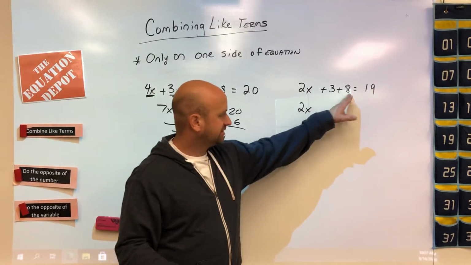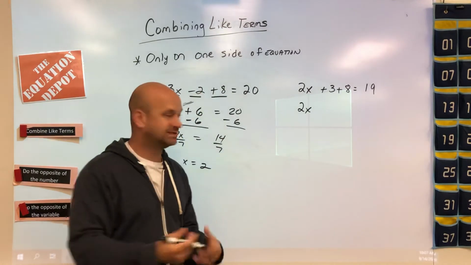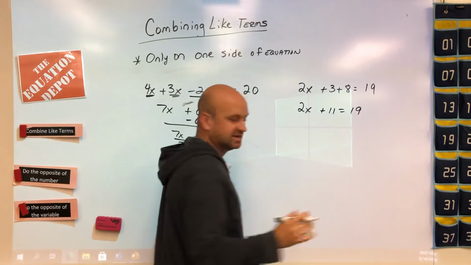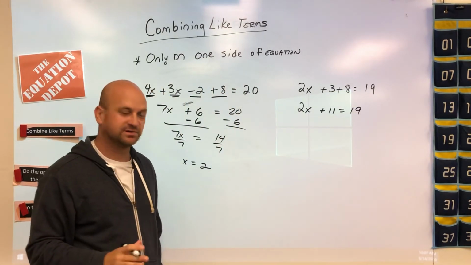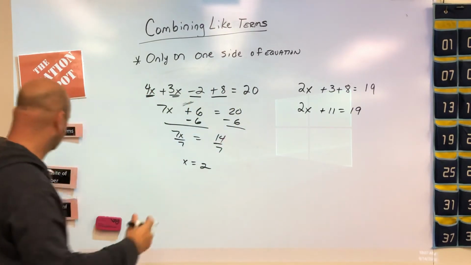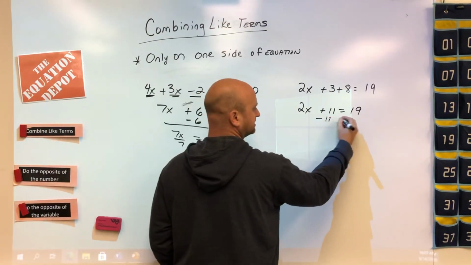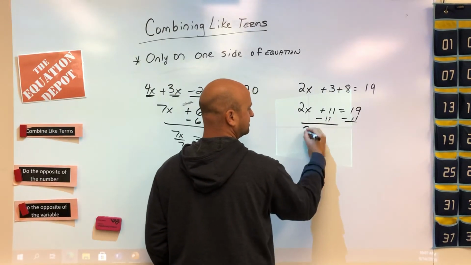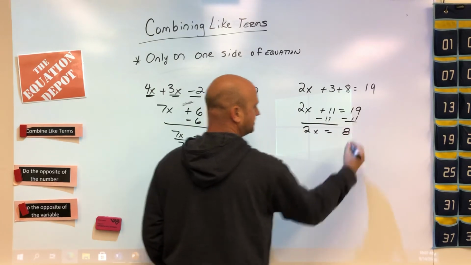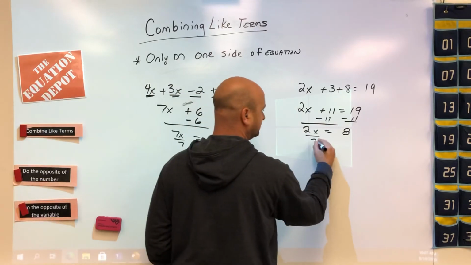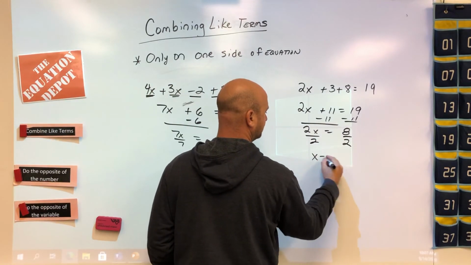Then we look and say, okay, can we combine these number terms? And we can. And that gives us a +11. On the right side, it's just 19. There's nothing to combine. So now we go to our two-step equation. So we're going to do opposite of the number in this case, which is going to be subtract 11. And then the last step is to do opposite of the variable, which is going to be divide and give you x is equal